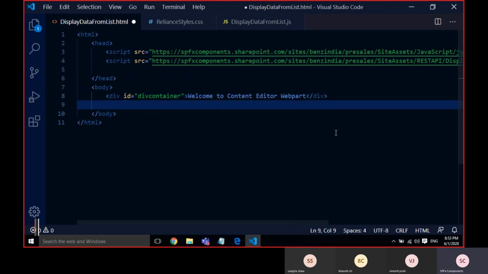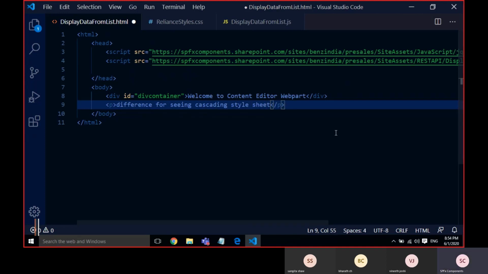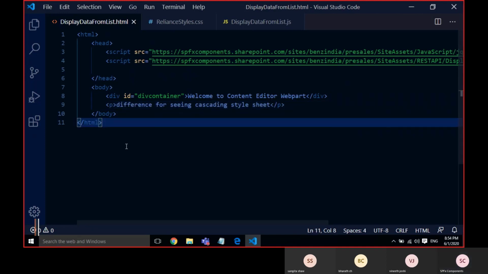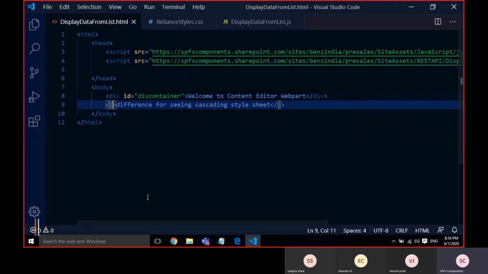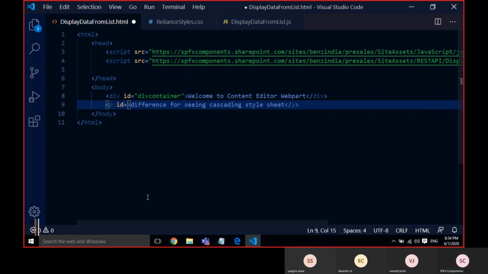I'll take one more paragraph maybe for seeing the difference. I'll take one more ID, P1.